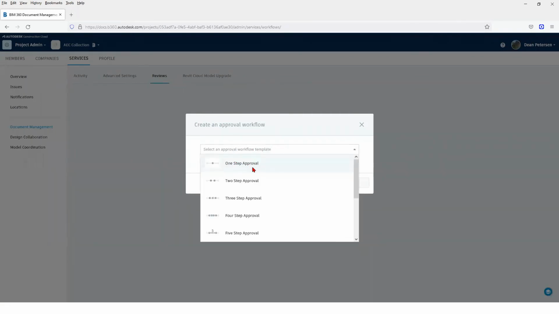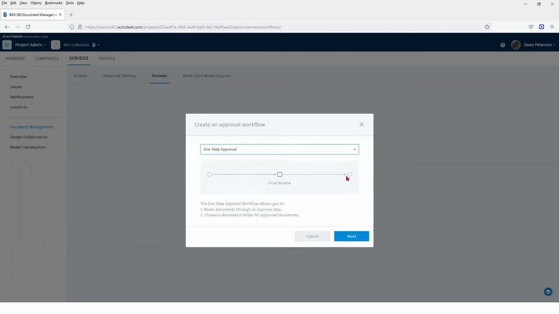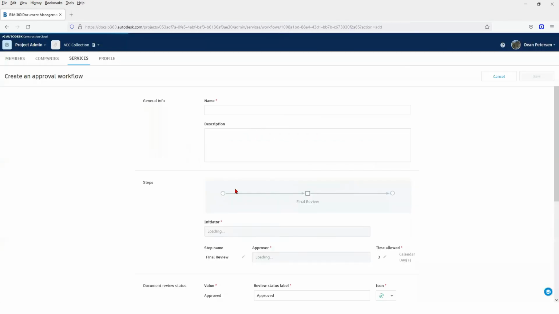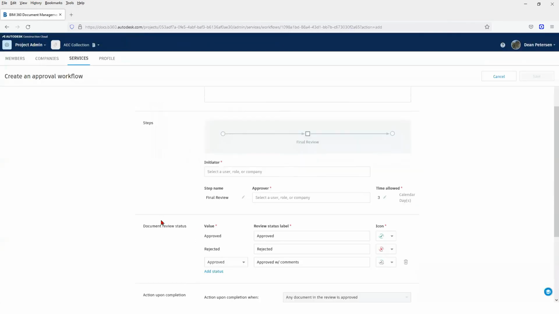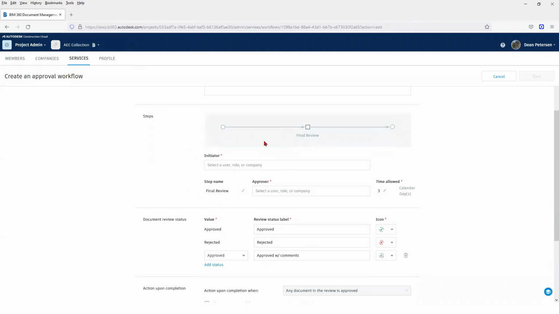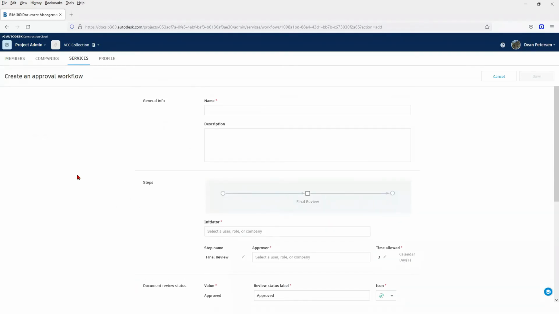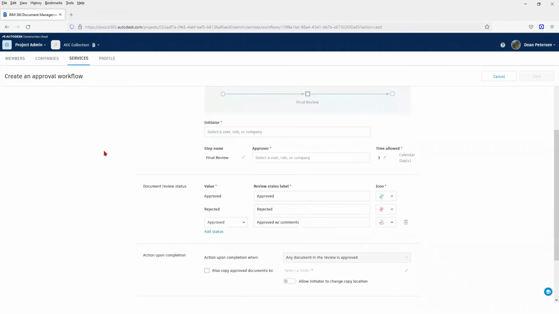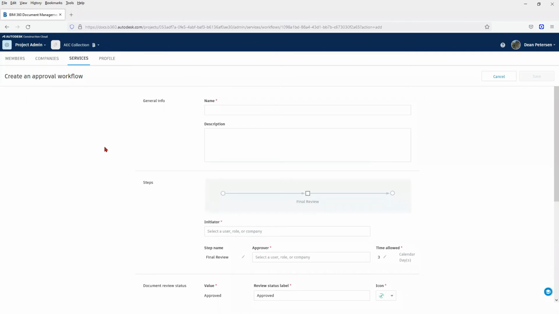So I got one-step approval. And go next, and you choose who's going to approve it and those sorts of things. And then it will take the files that you've sent to that person and put them in a different folder. You might be able to do something like that to take the folders through to the consumed folders, like we saw BIM Collaborate do for us just before. It would be messy, but it may be possible. Certainly a lot more messy than just using the BIM Collaborate side of things. However,